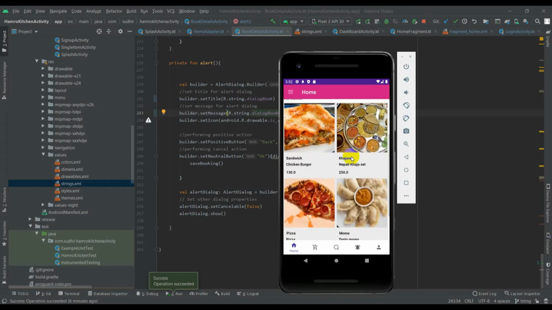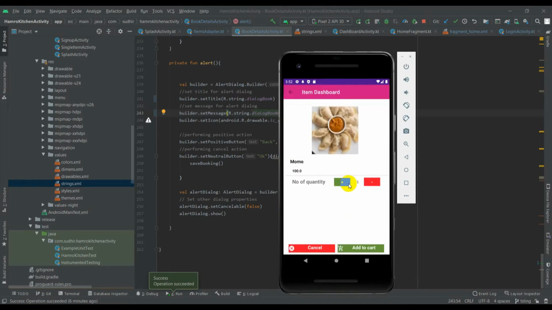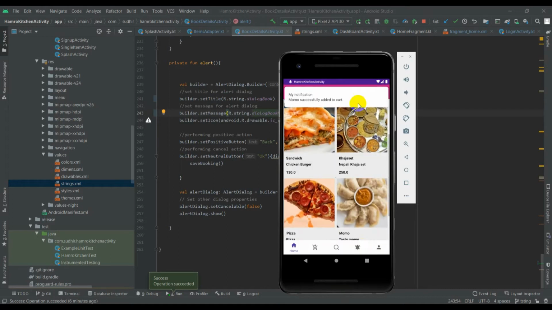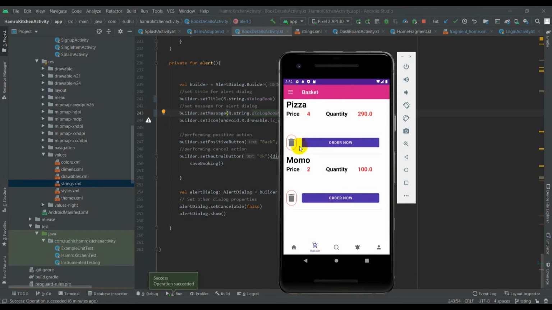Let me add more items. Momo is added successfully, and it shows the notification over here. To view my cart, I can go here. If I wish to remove the pizza, I can do so, to show only the items that I desire to order.